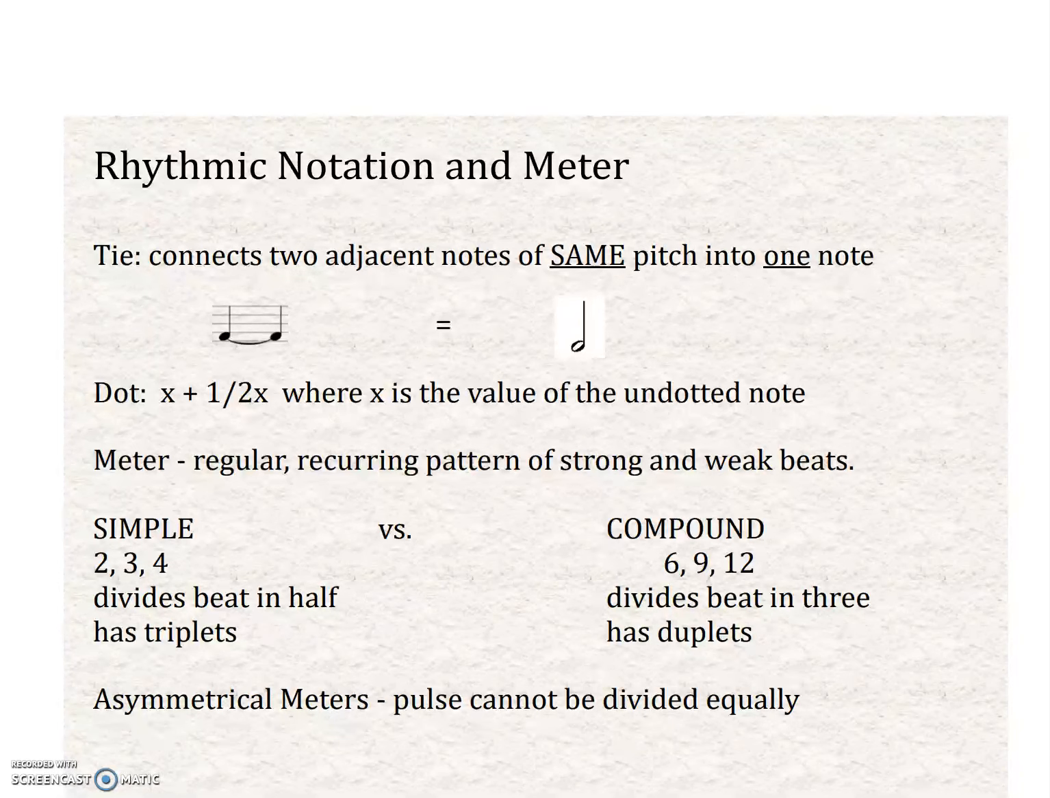I'll conduct in 2. 1, 2, 3, 4, 5, 6. If I'm in 9, 1, 2, 3, 4, 5, 6, 7, 8, 9. That's 3 beats. 12 divided by 3 would be in 4. 1, 2, 3, 4, 5, 6, 7, 8, 9, 10, 11, 12. Who wants to count that high? But every beat will feel divided into 3s. For example,